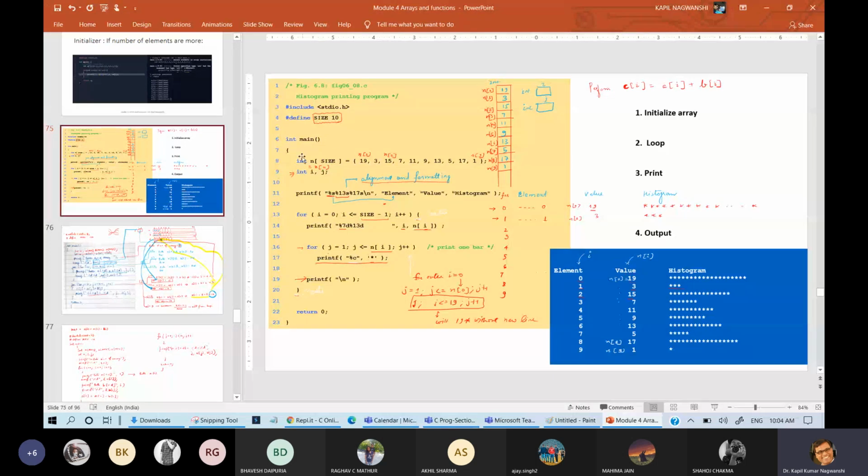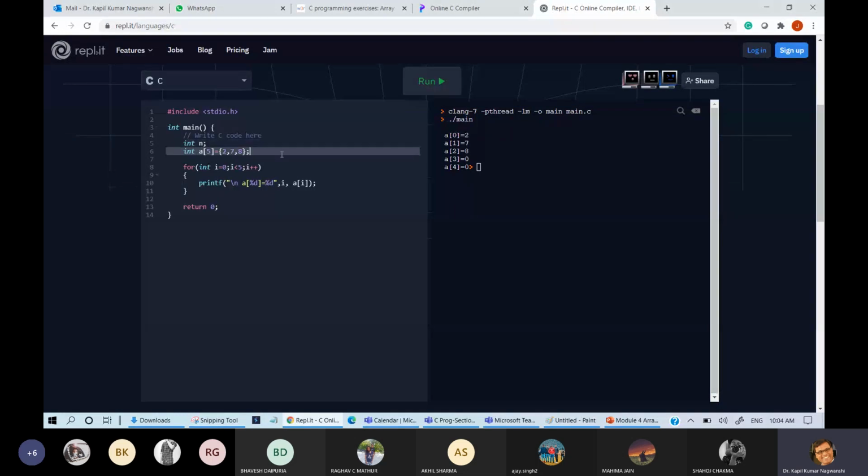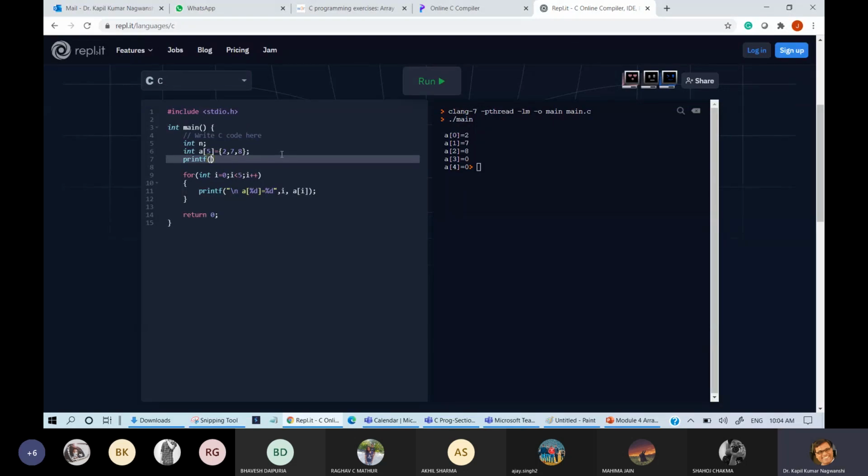One more thing, like an integer n will be pasted here. Some person says that, sir, here I'm writing integer n, and the person says that I am asking the user with printf, enter n.